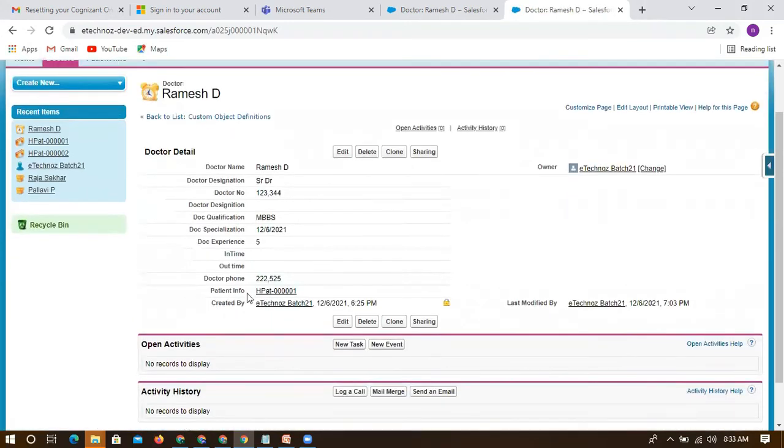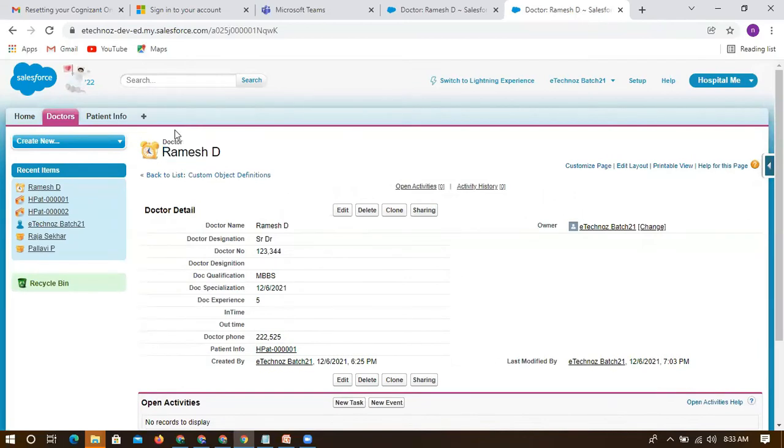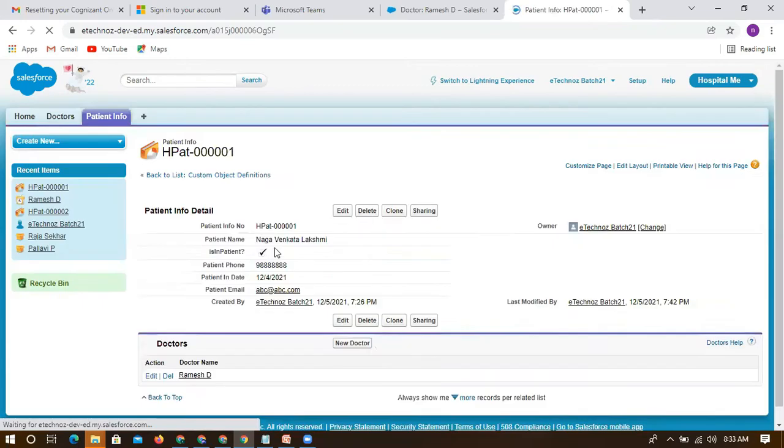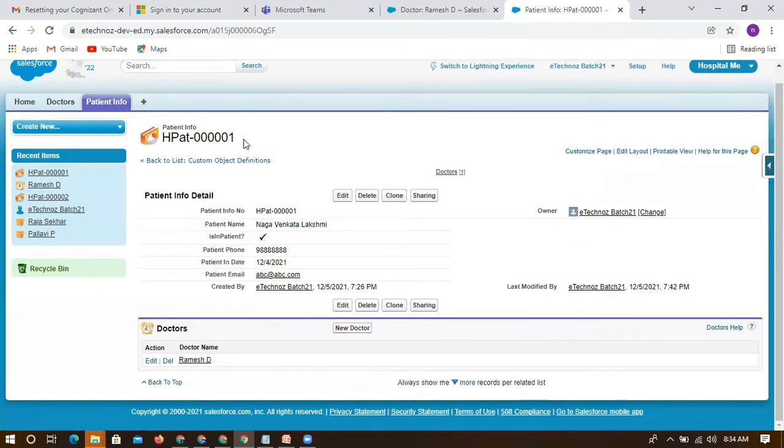But the concept is different here. The concept which we are dealing with is wrong. I just want to check that, to showcase to you how it will actually work. That is why I have just created wrong data. So what will happen now? If you go to patient, you can see doctors under this patient. So these are child records, we could say. These are child records under this patient. So you can see doctors.